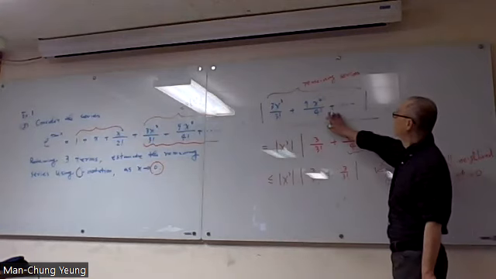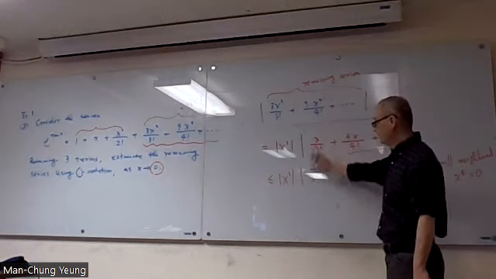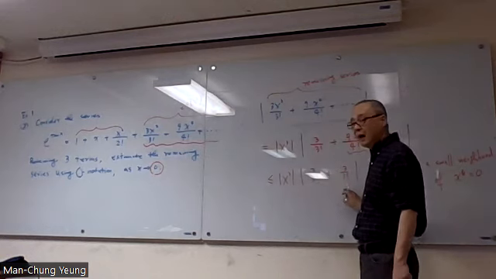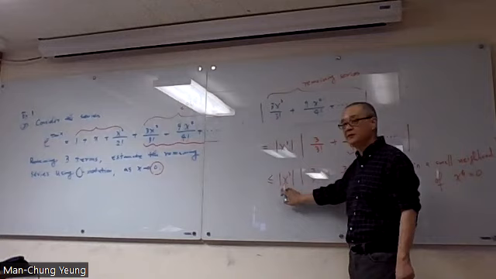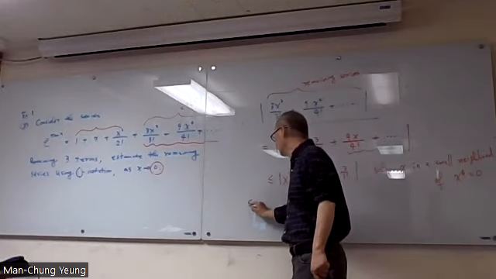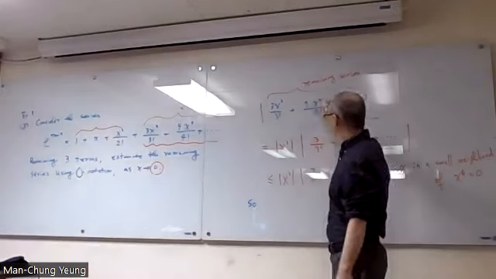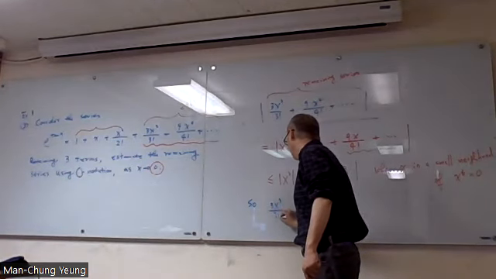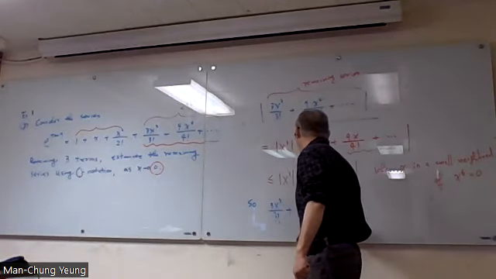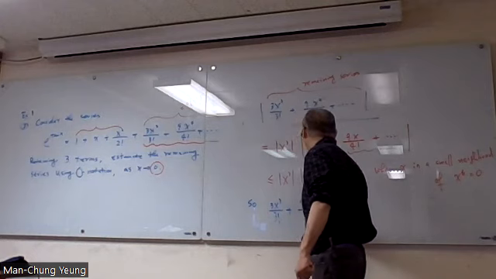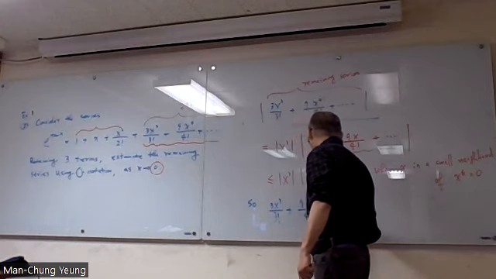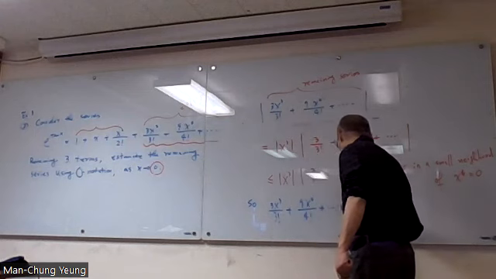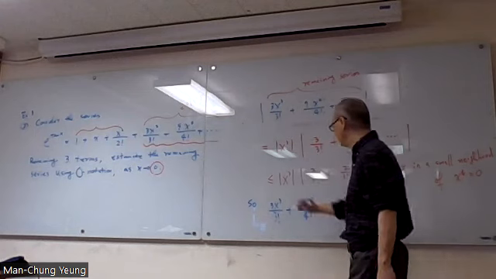Now, the remaining series is bounded by a number times this function. So the conclusion is, the remaining series is a bit of this function